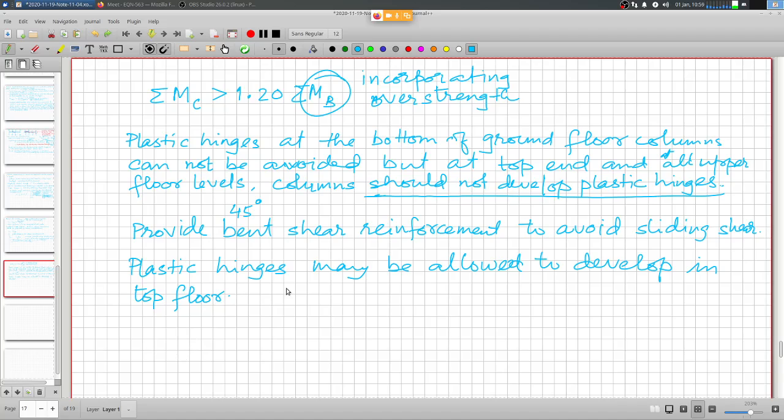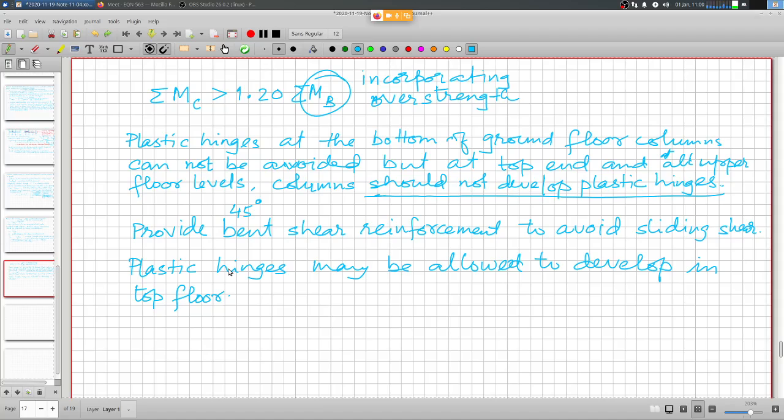And if we allow plastic hinges to develop, then obviously it becomes much simpler, and reinforcement detail requirements are also reduced because you are allowing inelastic deformation to happen. So you can afford to reduce the reinforcement